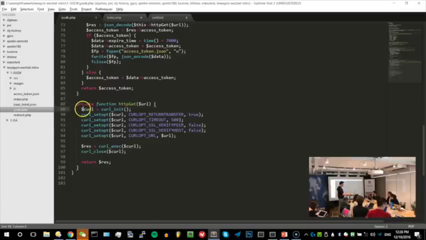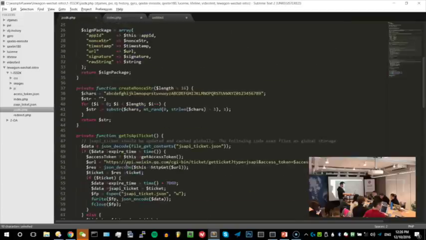It's using a library called curl. Curl is just a library that calls websites and returns the content. Those options are kind of advanced, but you need them to make it work. Then you tell curl, please execute and give me back the content of the URL. It's going to execute it, get the results, close the connection, take the content, and give you back the content. Is it more clear now?